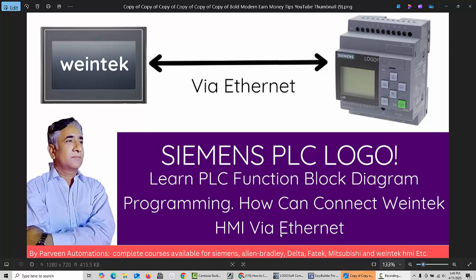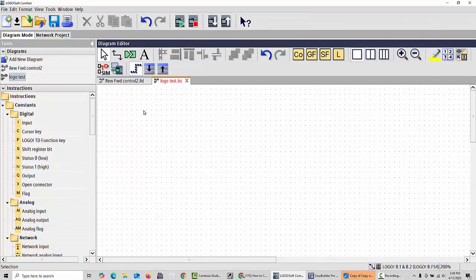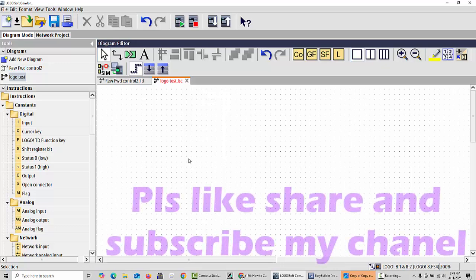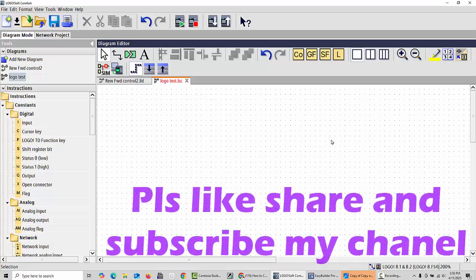In this video, I will explain how we can connect a Weintek HMI with the Siemens PLC LOGO via Ethernet connection. Let's get started. First of all, I will open my LOGO Soft Comfort software, and here we will create a small program and download it to the PLC and check it with the